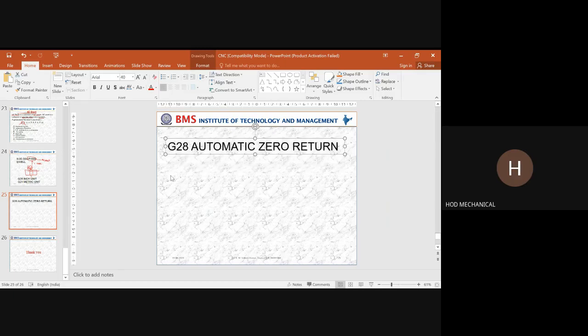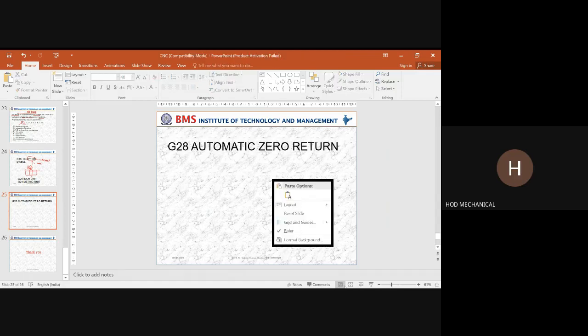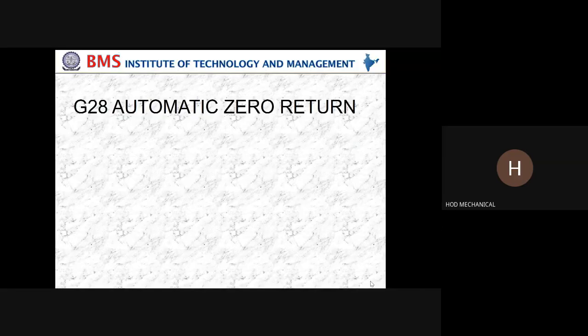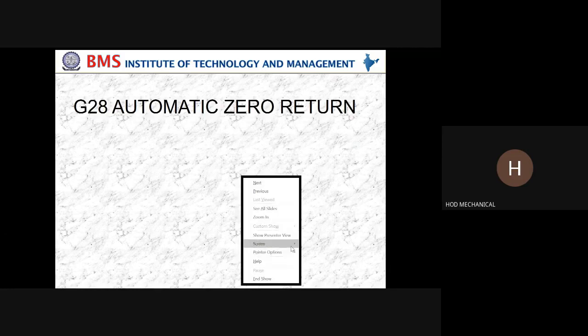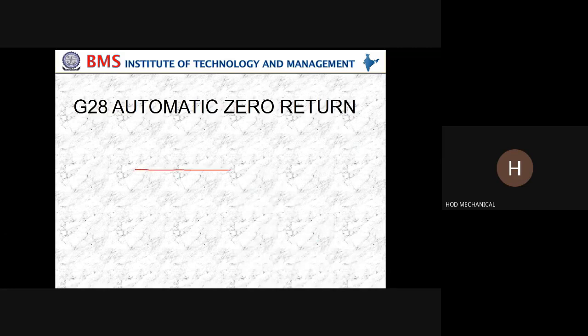Assume that you have a pointer. Now this is the work part which is going to be present, and this is a rotating work part. Assume that you want to remove this particular portion, so this portion has to be removed. Now what are you going to do? Assume this is the tool.